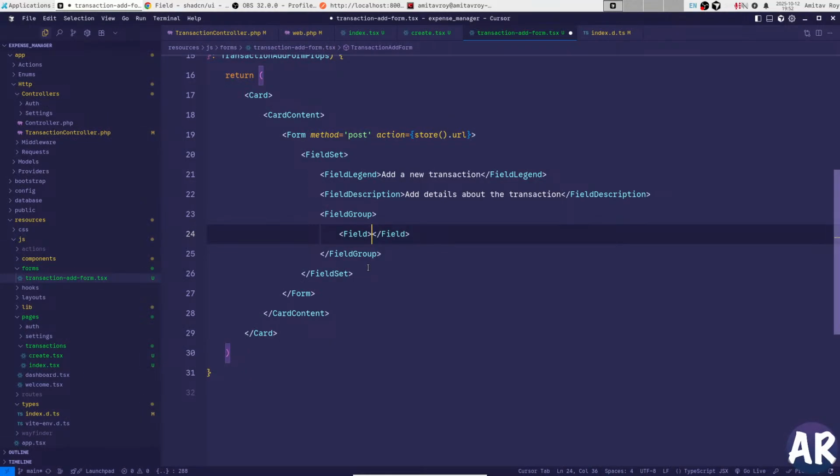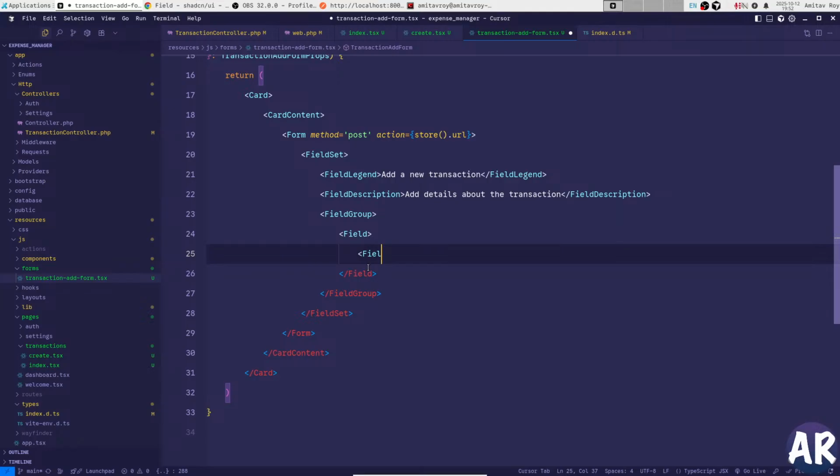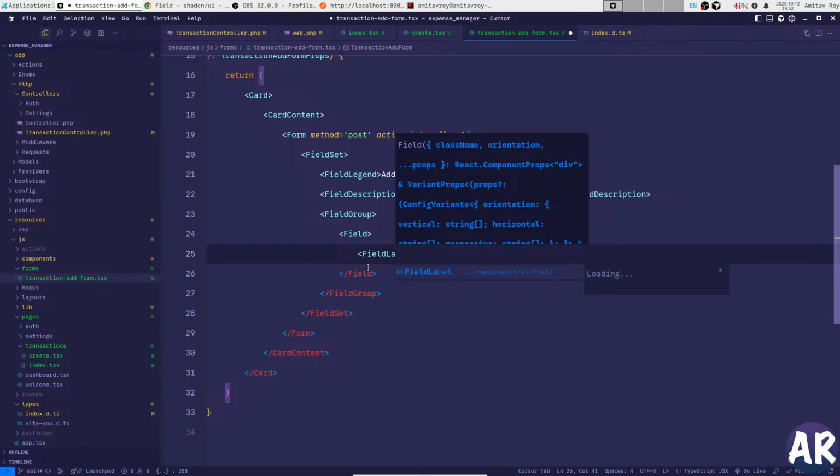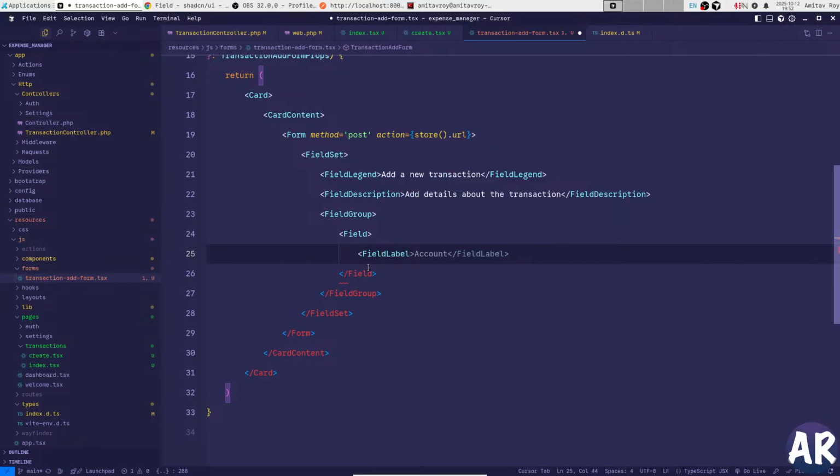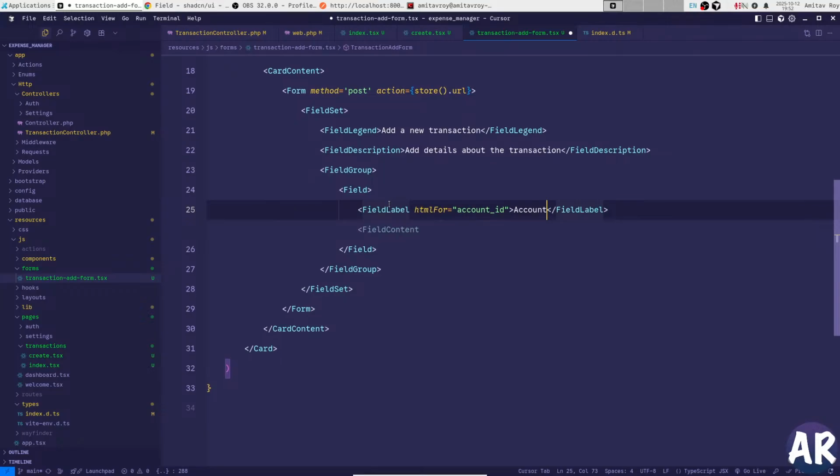So field, as I said, field, label, and in that we need to do HTML for. This is going to be for account ID. And I'm thinking